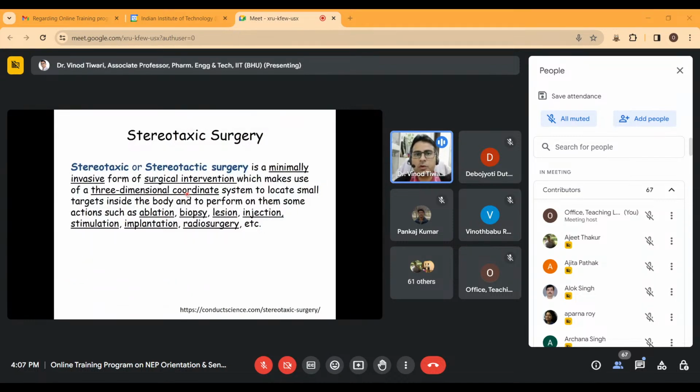Whenever we talk about histotoxic surgery in neuroscience, most people, students or even scientists, think it's mostly about surgery in the brain, like locating and identifying different brain regions and then injecting some drugs and viruses into them. But it is